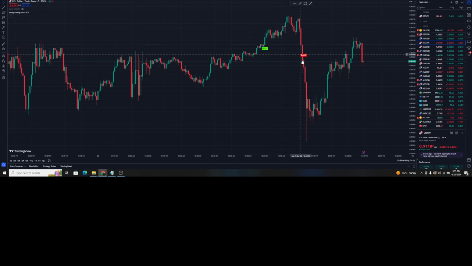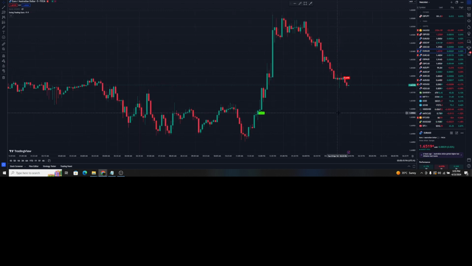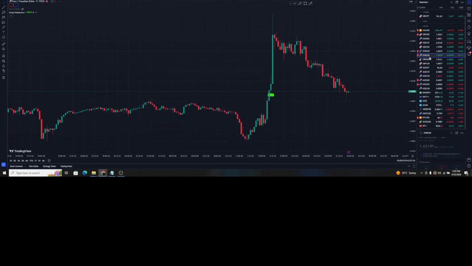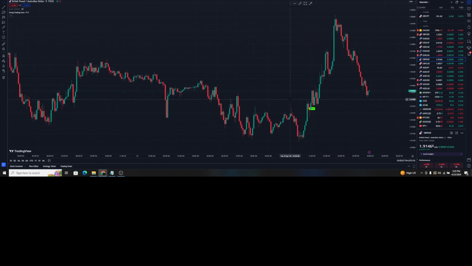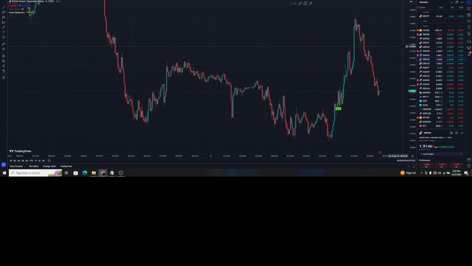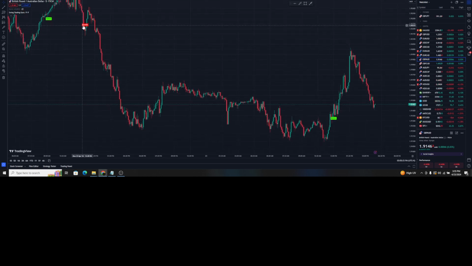You can see a bullish signal, bearish, both have been successful. Okay, so the bearish signal went successful here. You can see on USD CAD. Look, I'm not cherry picking my charts. You can see a bearish signal just appeared on Euro AUD. A bullish was before, and let's have a look at Euro CAD. You can see the price is up. Okay, and this indicator never reprints. How is it possible that you will not be able to make money? Just look at this. That was the bearish signal, price is way down. Bullish signal, price is way up.